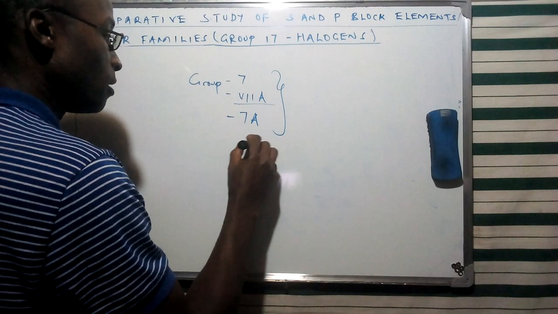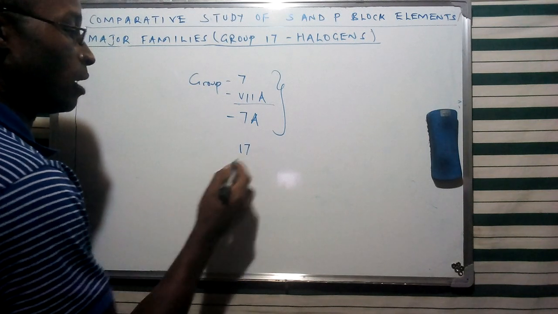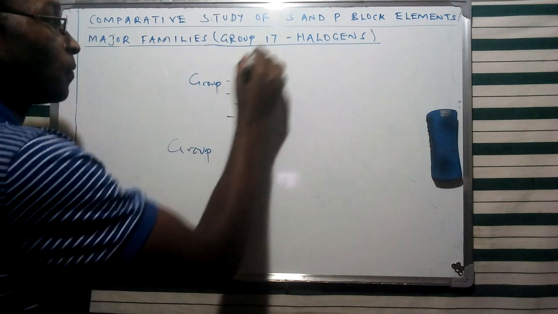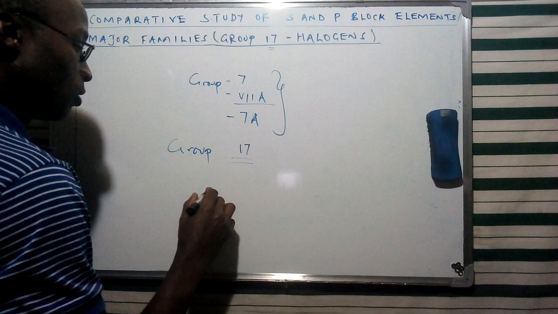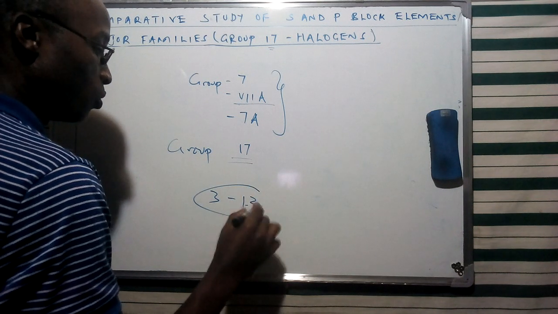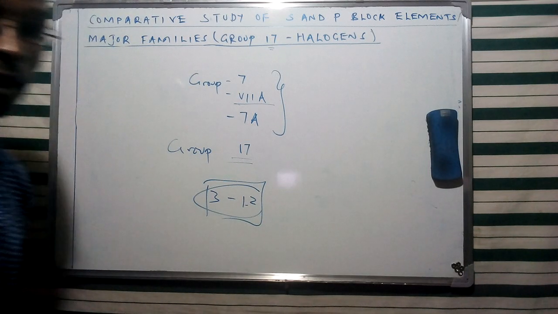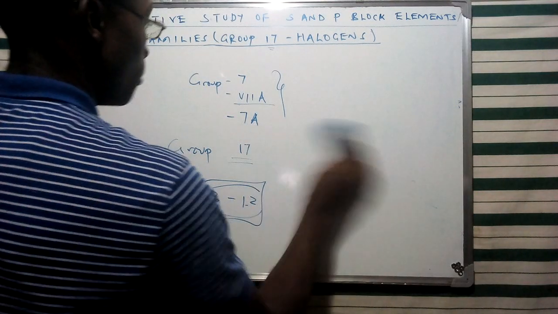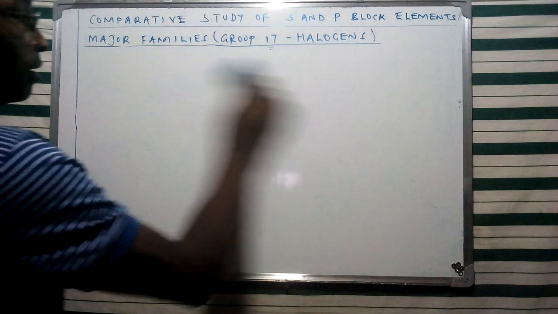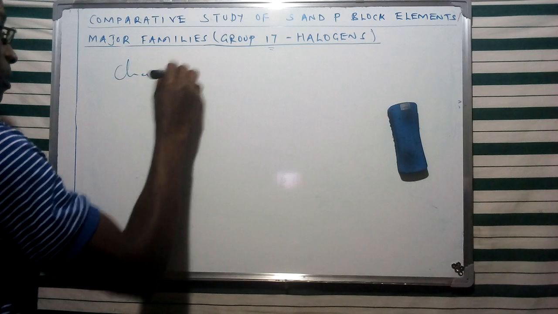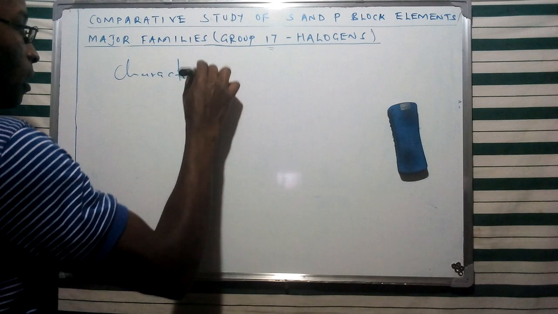Also, if we consider the concept of transitional elements, these are still going to be designated as group 17. And of course this takes account of the elements ranging from group 13 to 12, which we said are basically the inner and outer transitional elements. Now in this case, these are going to form a class of what we refer to as halogens, and these halogens are going to display a range of characteristics, among which I've mentioned one, which is basically